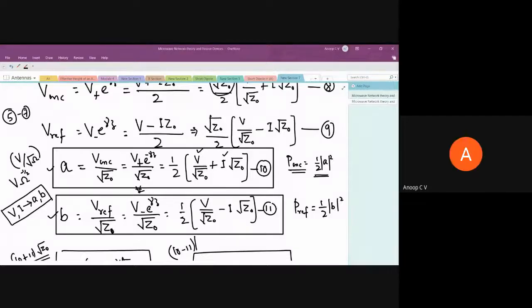So they have exams now. Maybe after the exam, their exam will get over on 31st. After that, I would be happy if both A and B section can have the same 15 or 20 minute slot. In that, he'll explain what his project was, what his requirement was, and how he designed that antenna and all those things. I think that would be a good experience rather than me speaking theory from this end.